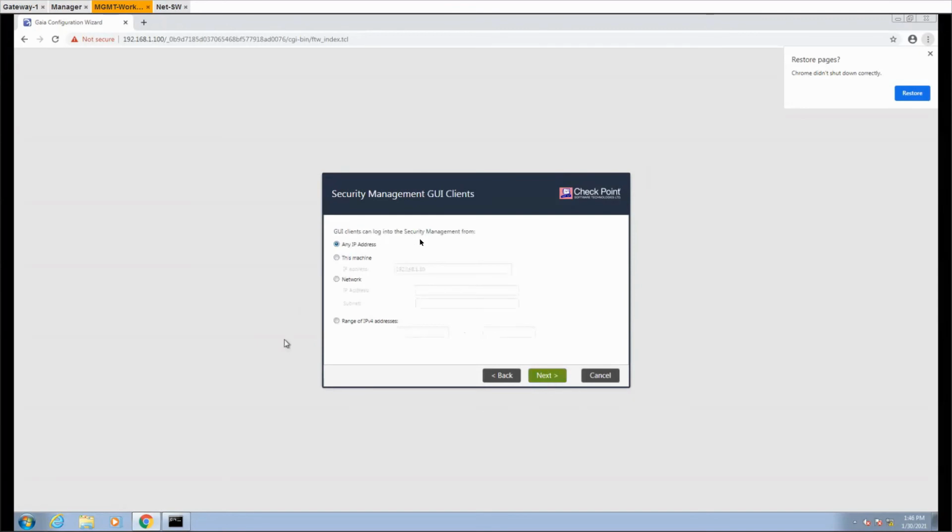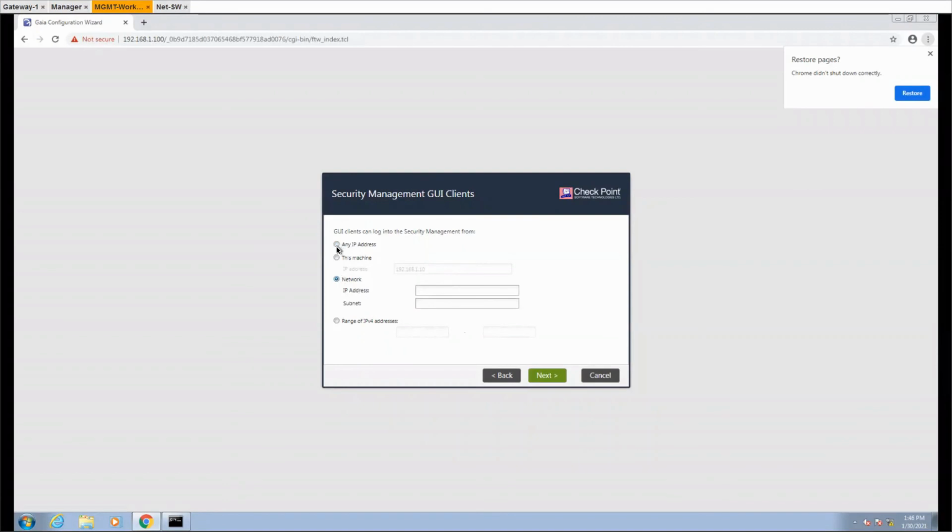Now there is an option for who can access this management. Here you can apply some ACL to manage the management device. Right now any IP is selected, but you can define the particular machine which can access the management, especially a jump server, or you can define the network which can access the management.